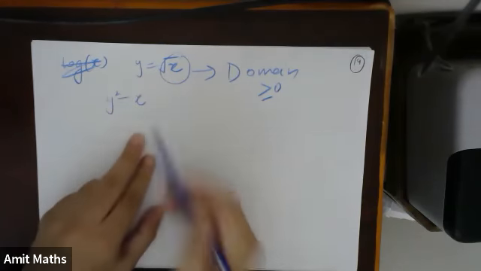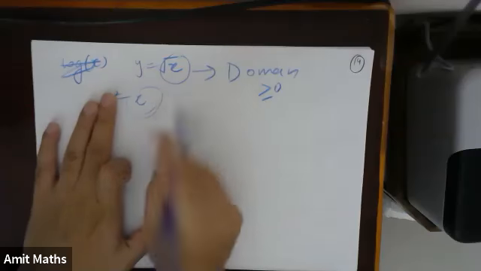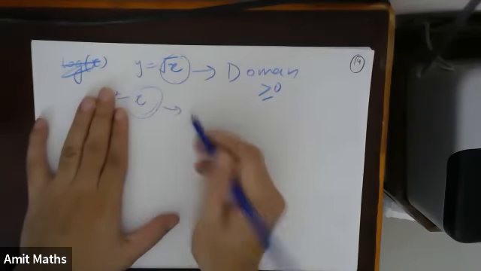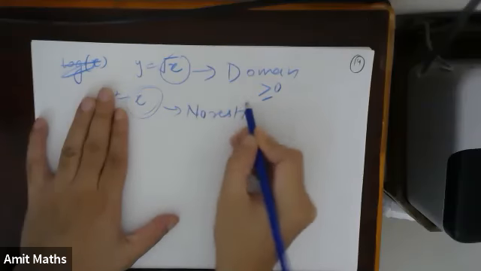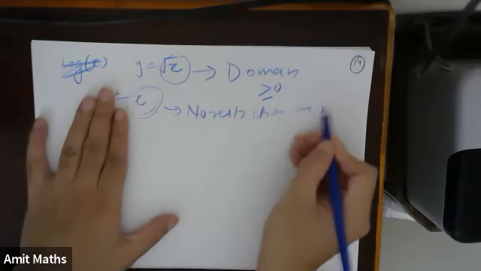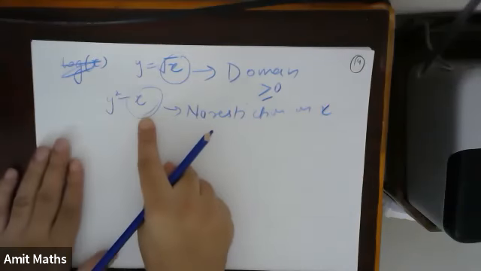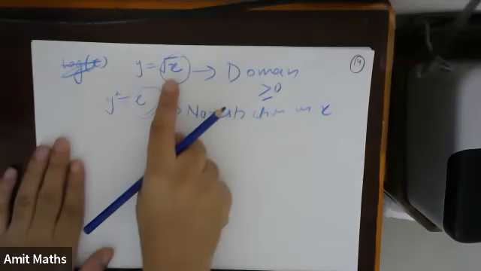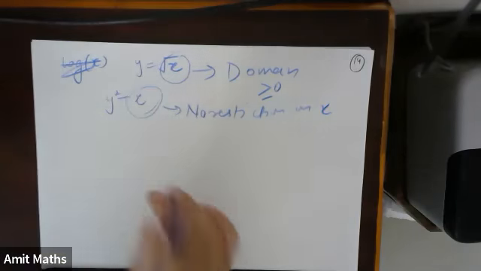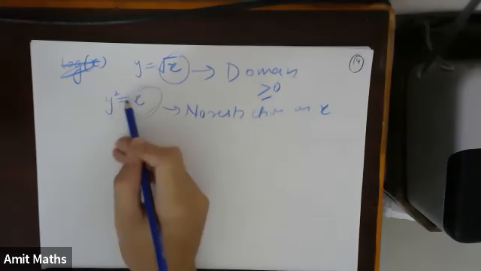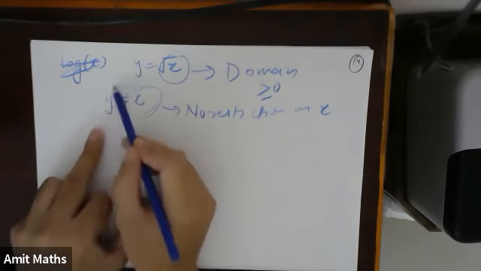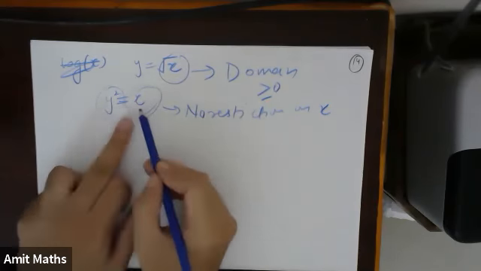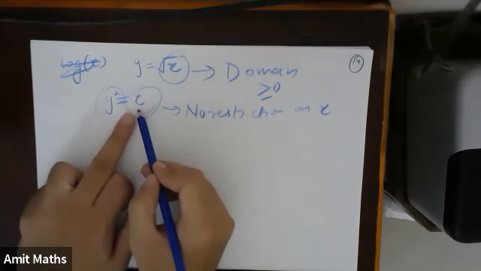Understood? But what happens in the squared case? If I look only at y square equals x, there is no restriction on x. Right now, how do you find the restriction on x? By solving the quadratic equation. So squaring is okay, but after squaring you have to understand that the left hand side y square will always be positive. So x also always has to be positive.